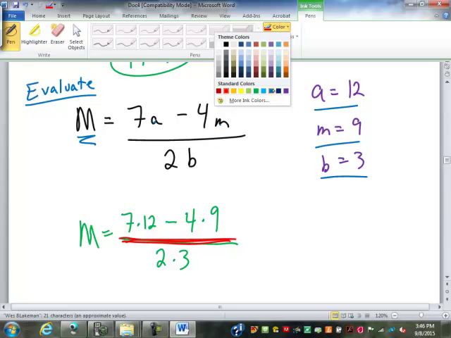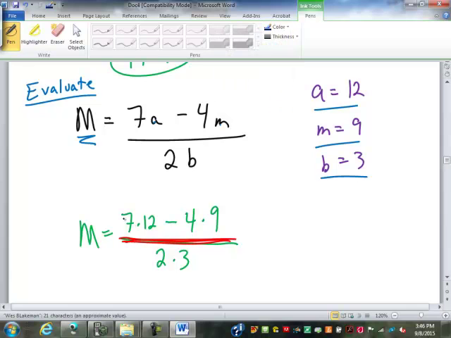On top, what do we need to do? 7 times 12 is 84, so that's gone. Next, what do we do? 4 times 9 is 36. Now we could do a negative 4 times 9 and get a negative 36, but that would be 84 plus a negative 36. Or you can just leave it as 84 minus 36, which is the same thing. So now we're going to subtract. 84 minus 36 is